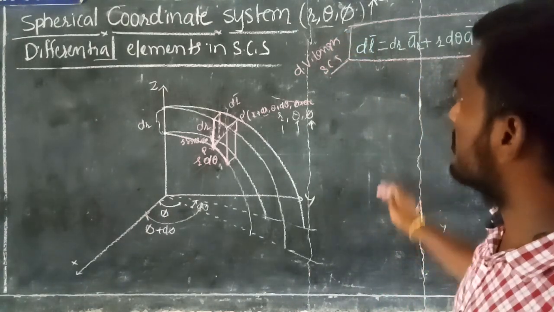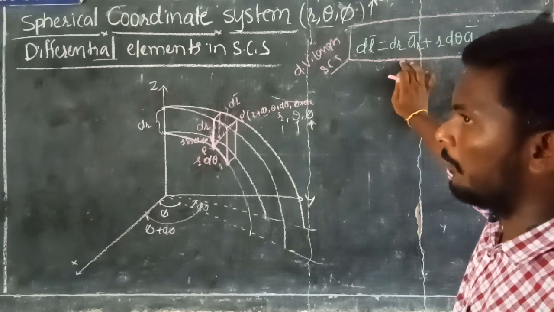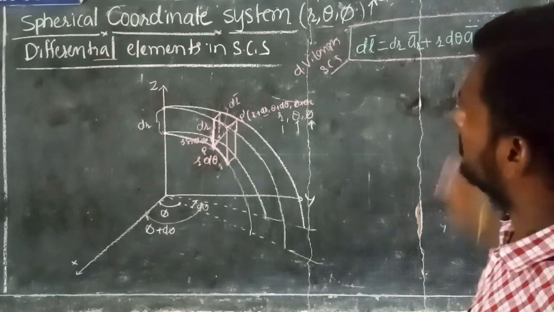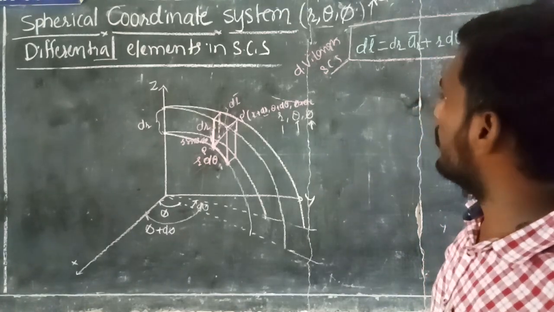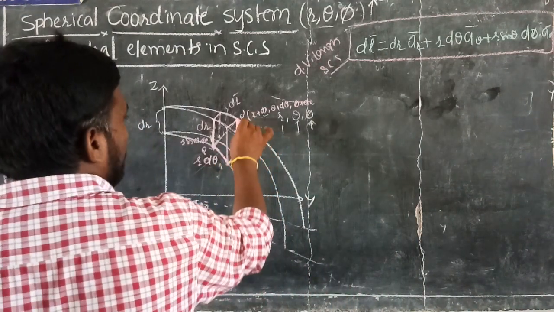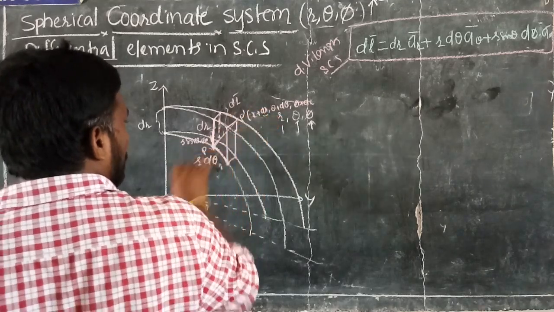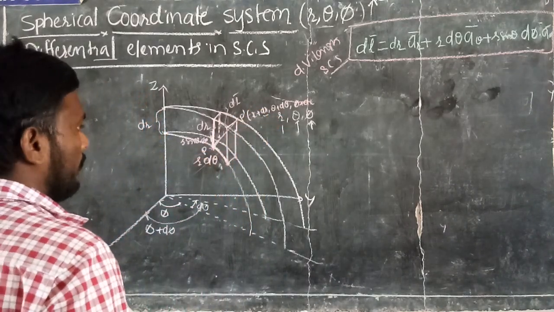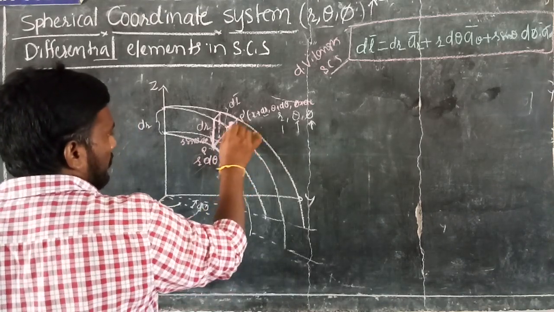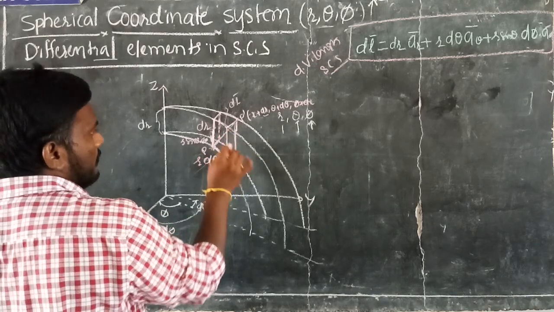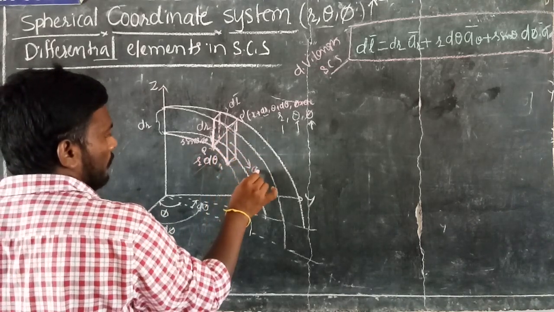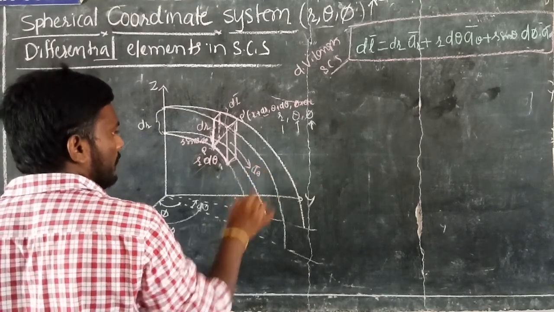How do you get this? This is the blind formula, a_r bar, a_theta bar, and a_phi bar. You can remember it another way. You get this by calculating the distance vector from the old point to the new point. Now see, the surface is this surface. The left and right surfaces are perpendicular to, or in the direction of, a_theta bar.